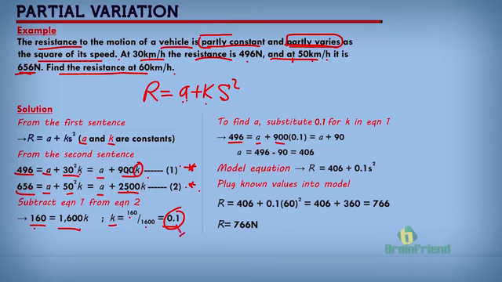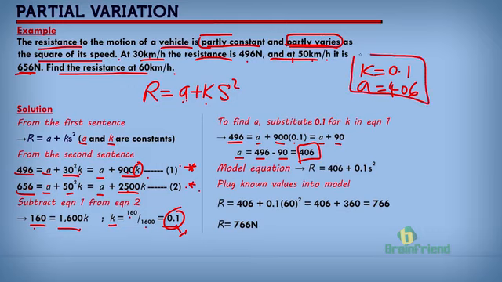K we now know to be 0.1. So we substitute that value, 0.1. It means that 496 is equal to A plus 90. A therefore is 496 minus 90, and that gives us 406. So we have both values, K as 0.1 and A as 406. We can substitute these two values